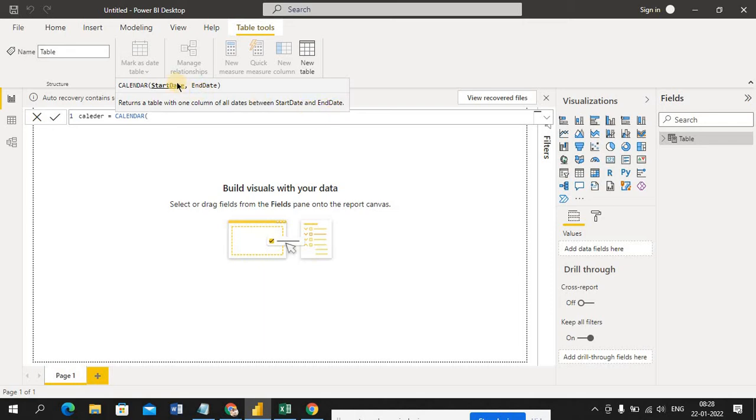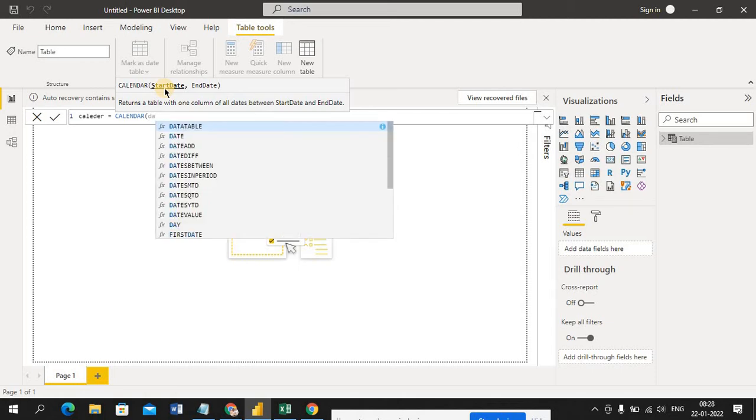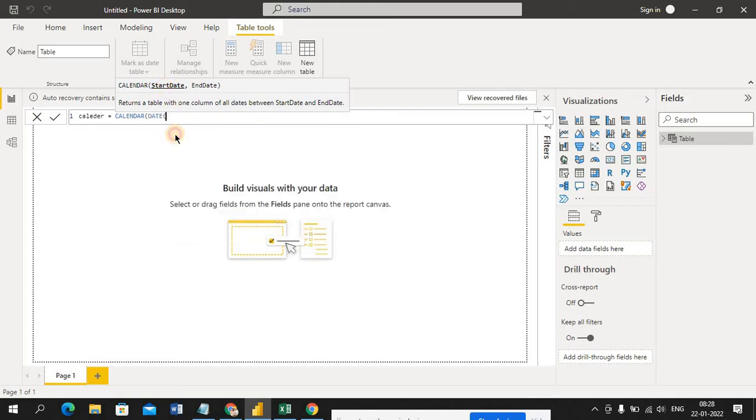Okay, so the start date, I have to give from which year, which month you have to start. Okay, so before that you have to give DATE, because the format is date, right? So date, again you can see here that the format should be year, month, day. Okay, the year I'm giving 2020, comma, month I'm giving 01, and 01 is the day.